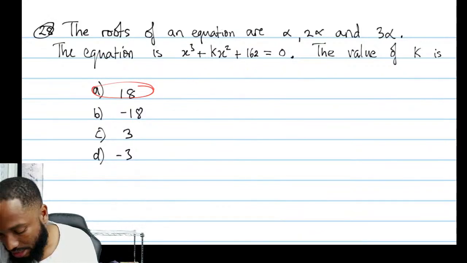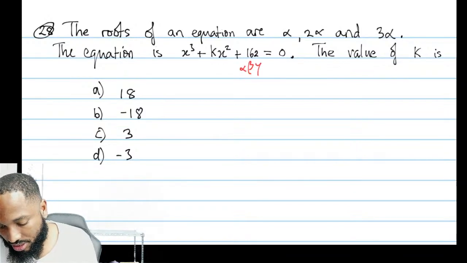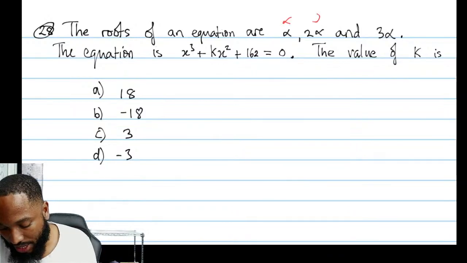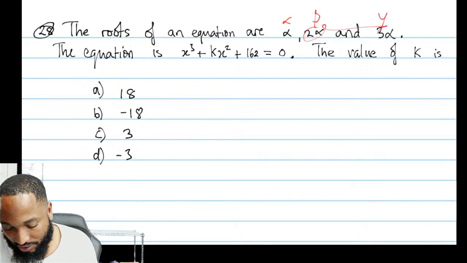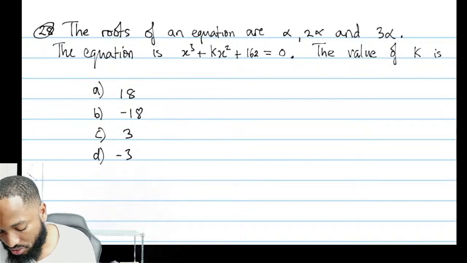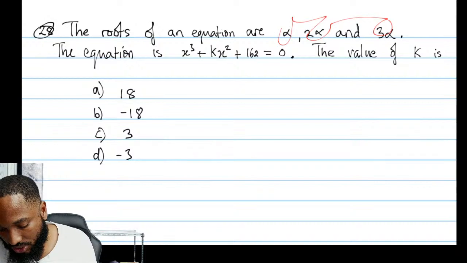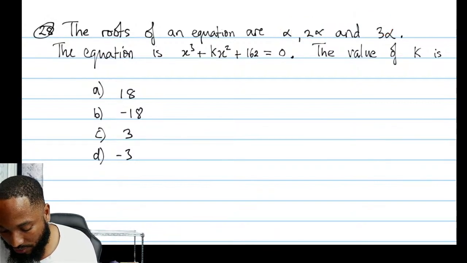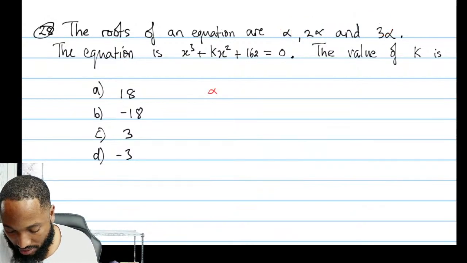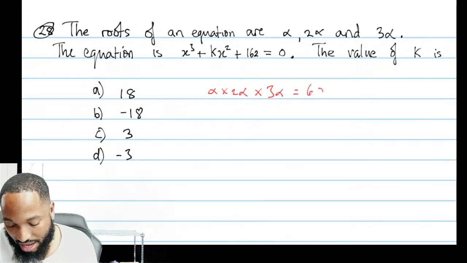Paper 3 maths is coming. CSEC maths, if you are one of those. Remember, this is the product, eh? This is the alpha, beta, gamma. But they're clever, they didn't put alpha, beta, gamma, they put everything as alpha. So beta is 2 alpha and gamma is 3 alpha. Don't let that frighten you. This is all the roots. Product of the roots is 162. So that's what I should have started off with in the first place. So alpha times 2 alpha times 3 alpha is actually 6 alpha cube.